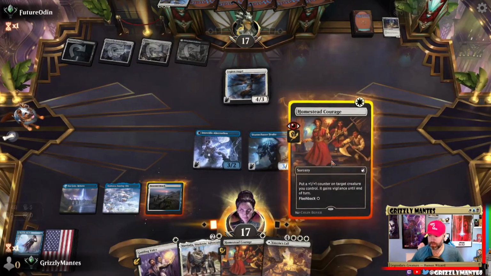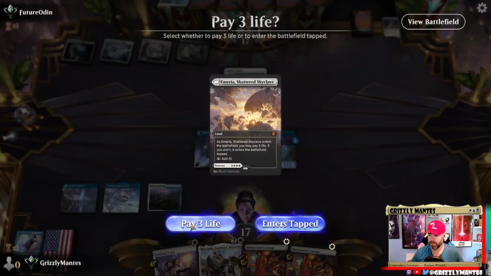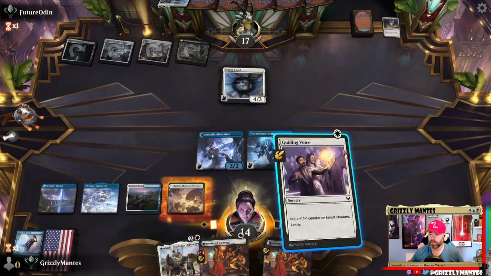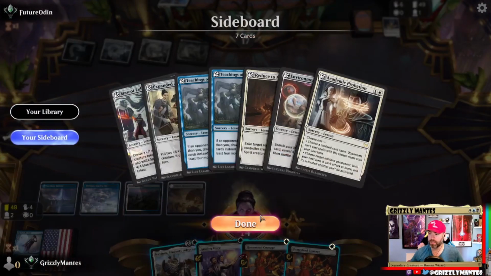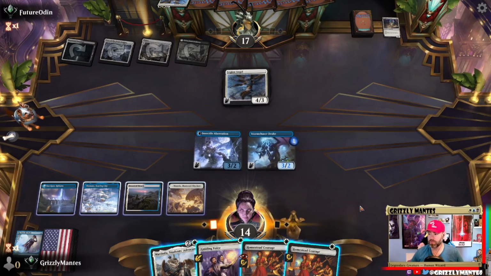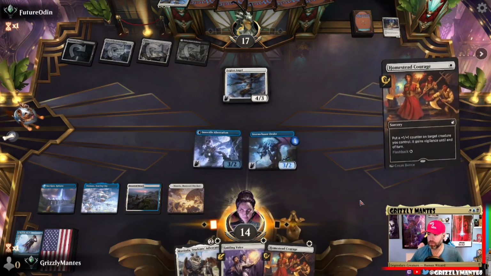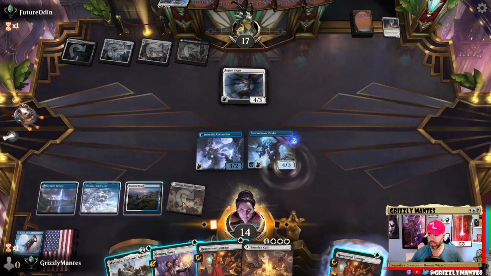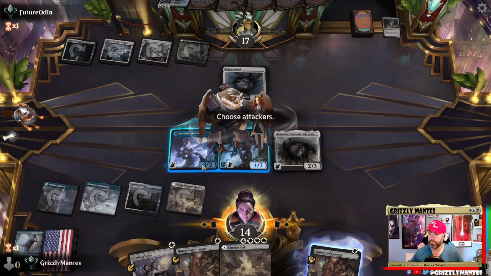So far, we don't really have anything here as far as... Oh, wait, you know what? I just thought of something. Oh, that doesn't work. I need double white. I was thinking I could learn and go get Reduced to Memory and just get rid of this Legion Angel, but since I cannot do that, I think we're just going to Homestead Courage. I don't think I can Homestead Courage enough to... Nope. Can't Homestead Courage enough to escape the Angel, so...